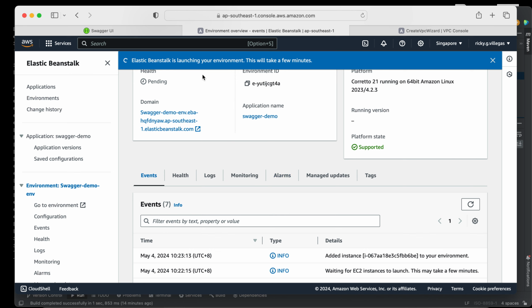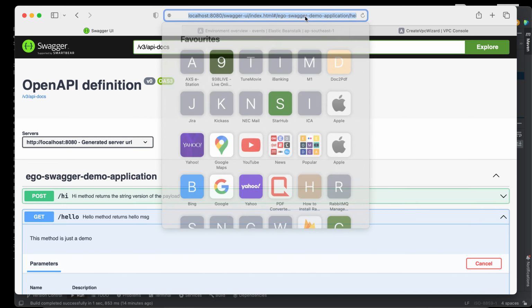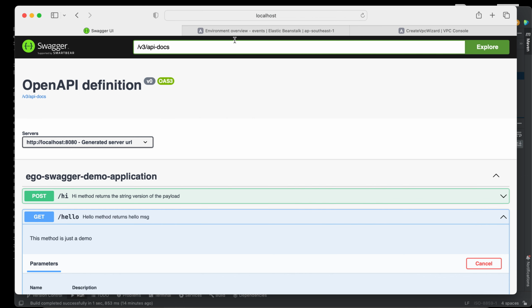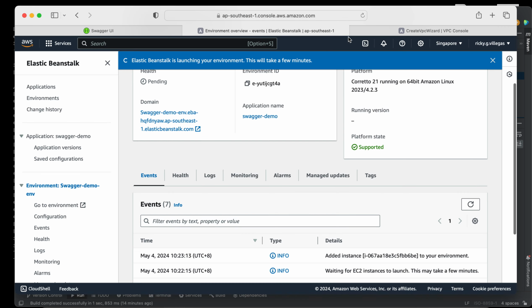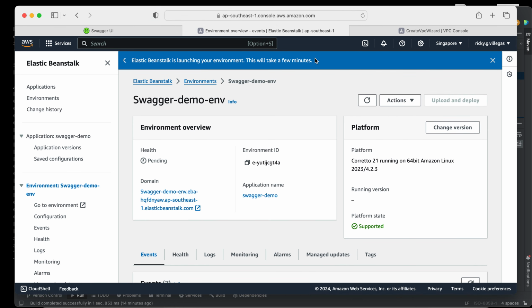A while ago, our application was accessible only locally. As you can see, we used localhost here. But once deployed in the AWS cloud service, we can access it anywhere as long as we have internet. That's the reason why I deployed it to AWS.